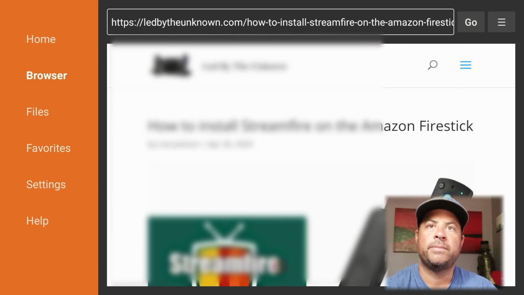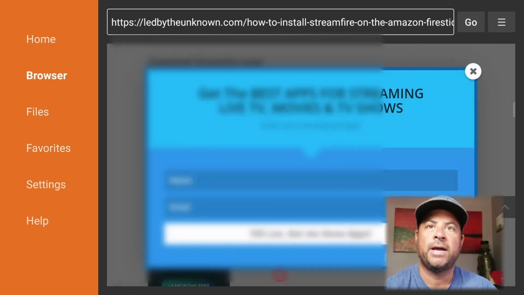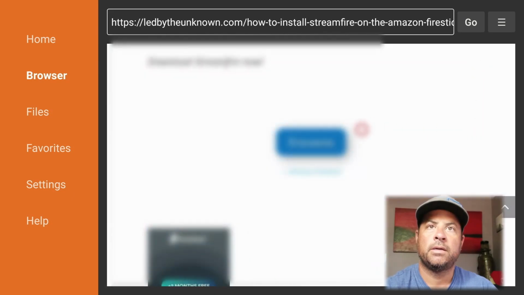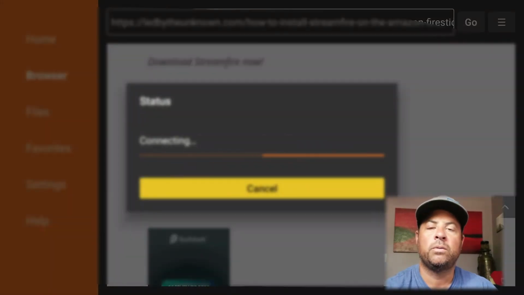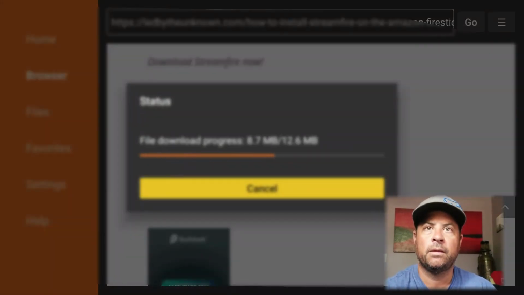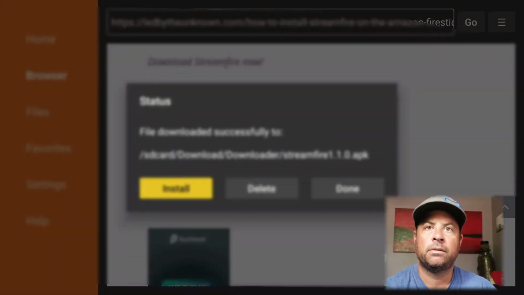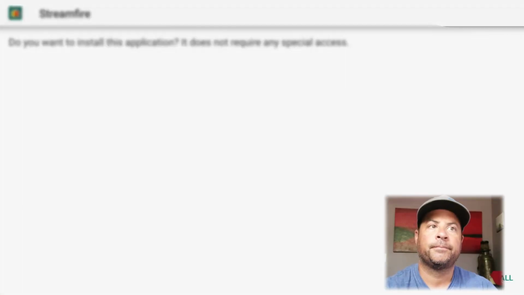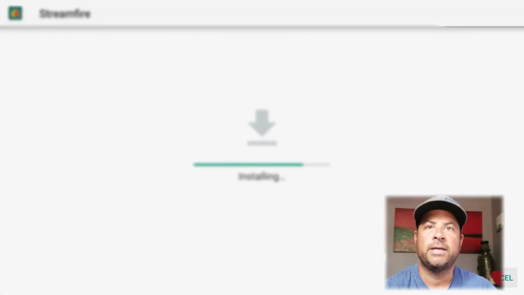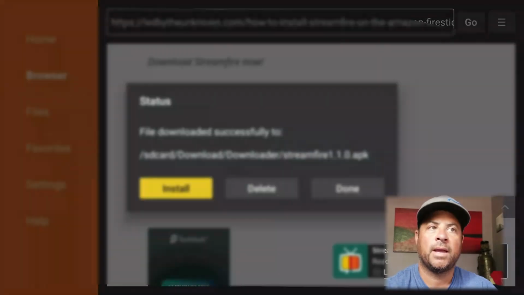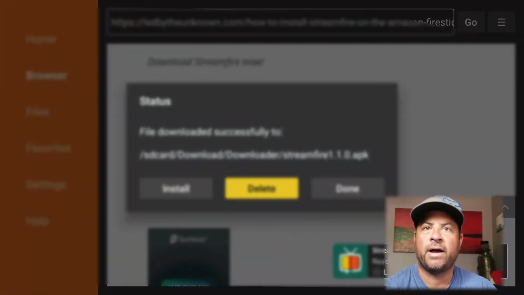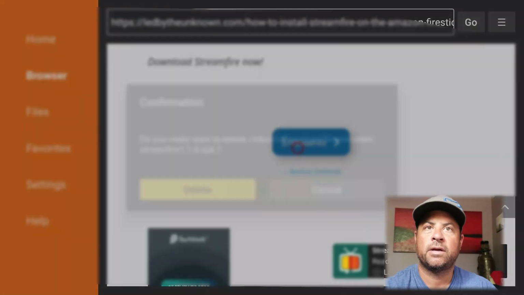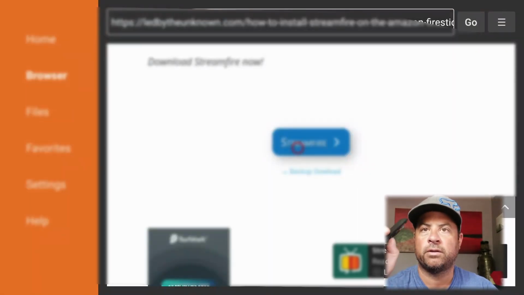And it heads to the web's download page, and come on down. To download the application, click on the download button. And it would like to install, say yes, install, and we're done. And then delete the APK file. Yes, confirm to delete. Now we can go back to the home screen,